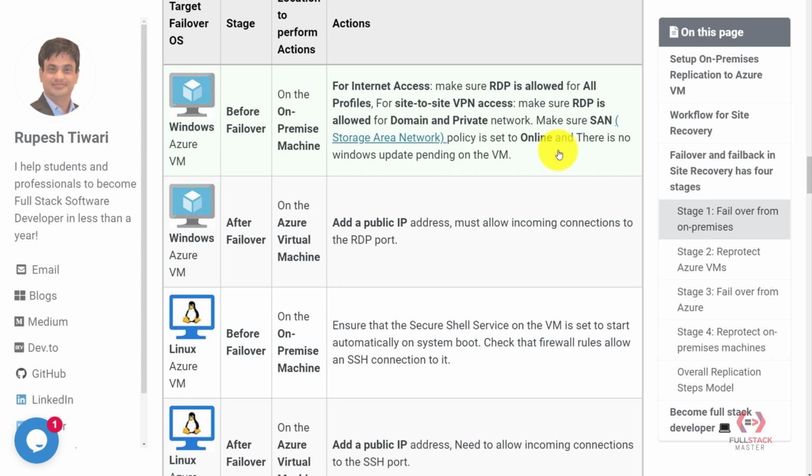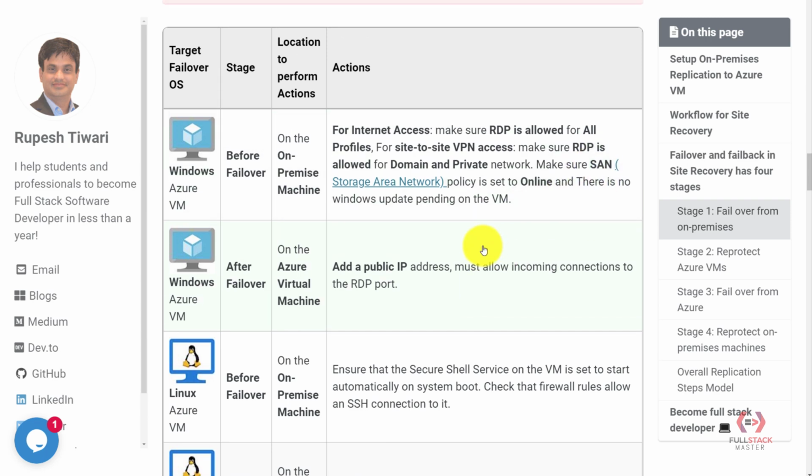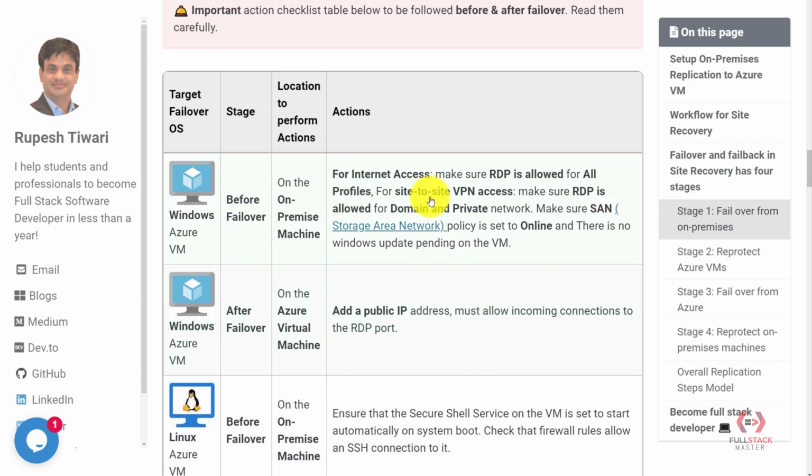But imagine SAN is nothing but a storage area network. What happens is, Azure by default sets up some of the disk for their temporary setup, and we can discuss all of that. So it will change your disk drive basically. Suppose you have some data in the D drive, Azure will automatically change it to the E drive, and it may break your applications, right? So make sure you do online so that the breakage will not happen, it will work seamlessly. I can go through the details of what is SAN in my next video. And so these are the three things that you should note on the on-premise machine before you fail over.